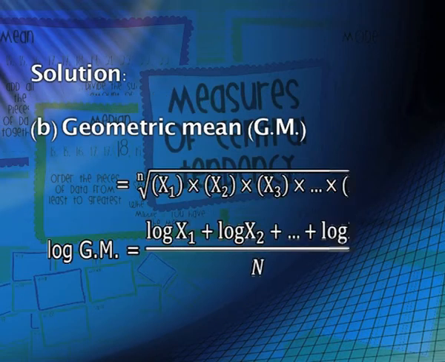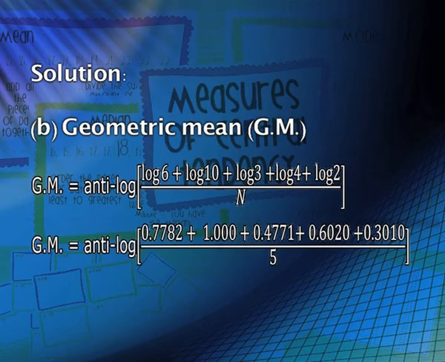Let's calculate geometric mean. We know the geometric mean is given as nth root of x1 into x2 into x3 and so on xn. So log of geometric mean is equal to log of x1 plus log of x2 plus log of x3 plus so on log of xn divided by capital N. So geometric mean is anti-log of log of 6 plus log of 10 plus log of 3 plus log of 4 plus log of 2, and this is divided by capital N, which is 5. Now geometric mean is anti-log of